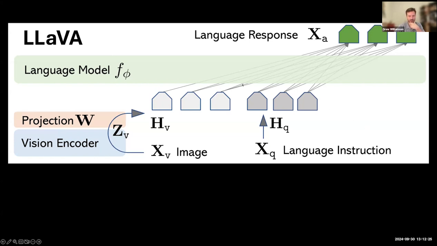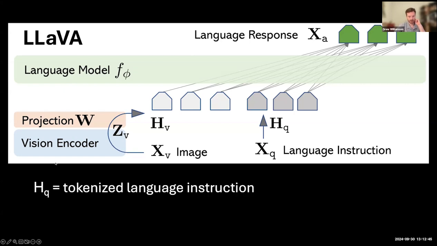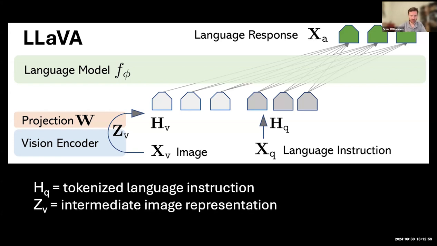And the whole point of this is to make a multimodal large language model that lets you submit some language instructions here, denoted XQ, and images if you want them, denoted XV, and have a large language model understand those inputs and produce some language response. Along the way, we'll prepare a tokenized language instruction, that's HQ here, that lives in the embedding space for this large language model. And the tokenization just takes our text and converts it into integers. We also will need some intermediate image representation denoted ZV that I'll talk a little bit more about soon,